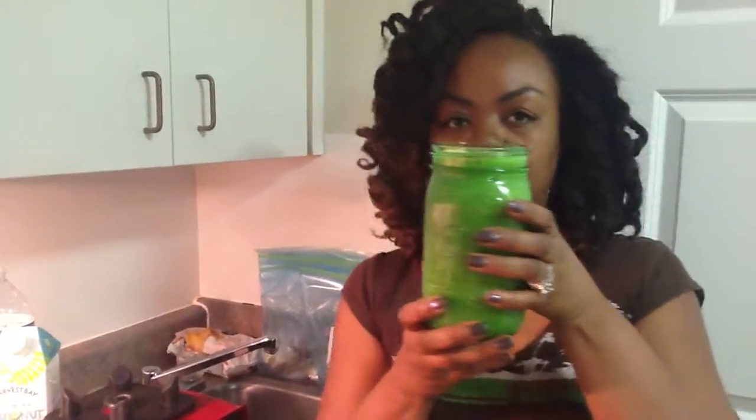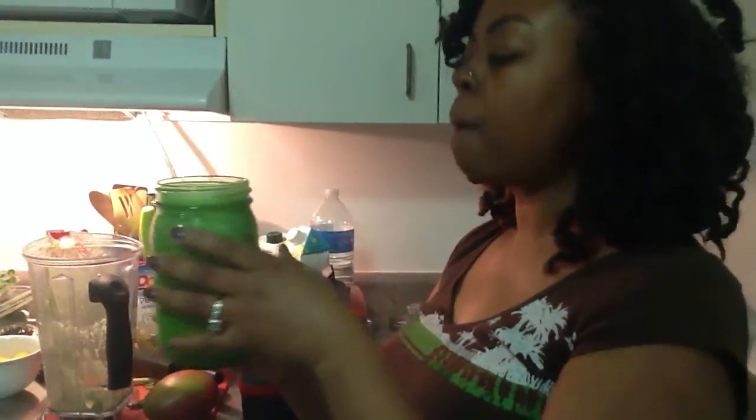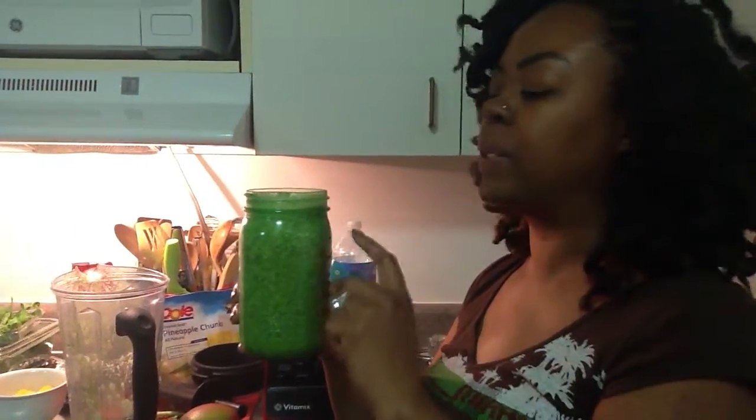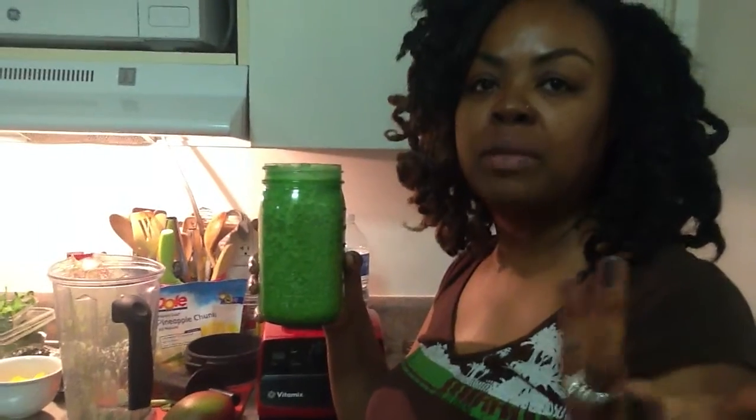This is the 32 ounce, which is 4 cups. So this is just enough to be a meal replacement. Let me give it a taste. Now, I could blend it a little bit more because I still have the greens, but I don't want to go on too long and babble, but that's really good. It tastes minty. It tastes like an apple mint lemonade. That's what it tastes like. It's really good. So anyway,